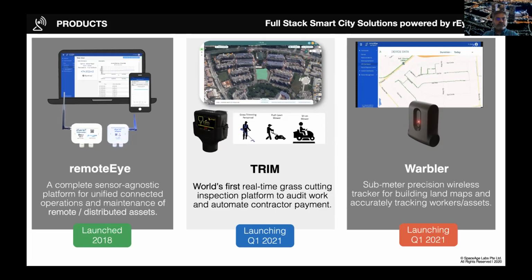So this can be used by contractors who cut the grass to manage their workforce, or it could be used by the regulator or the landowner to monitor the work that their contractors are doing and to automate, say, performance-based payment based on this system. This system will also be applicable to other outdoor work, such as cleaning of roads, spraying of chemicals, and many other environmental activities that go outside, done by contractors and not being supervised.